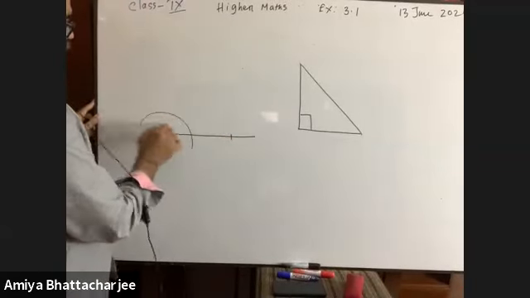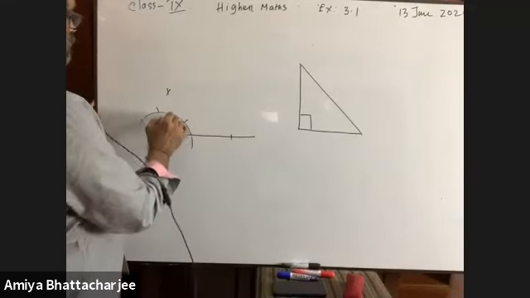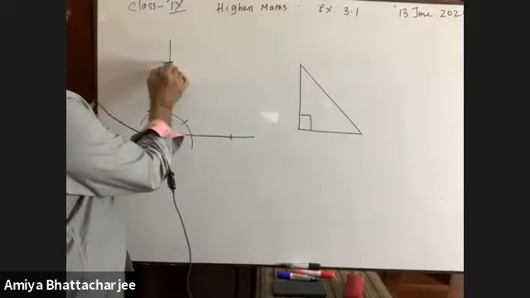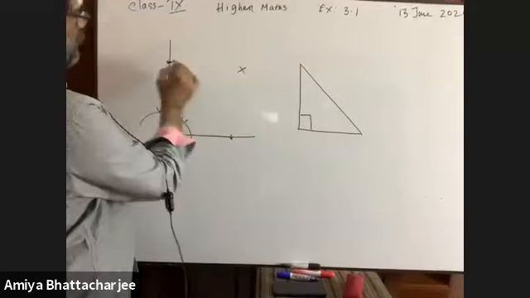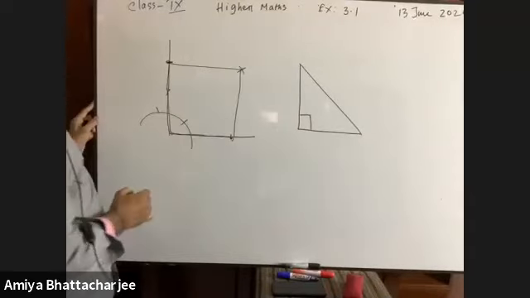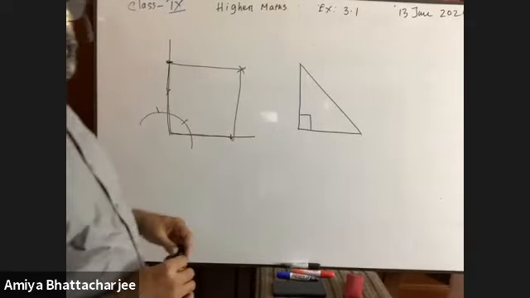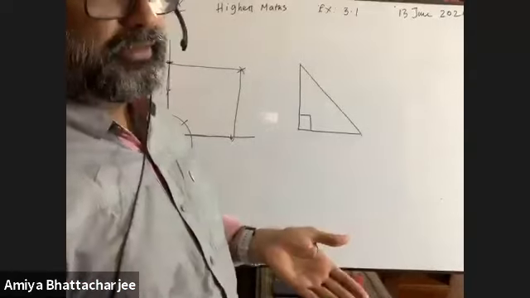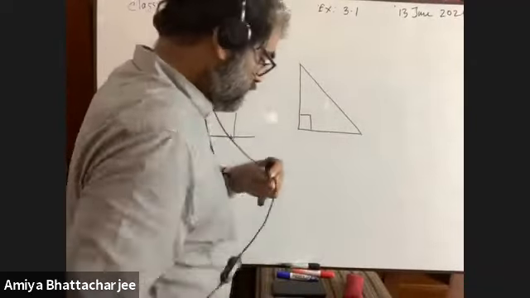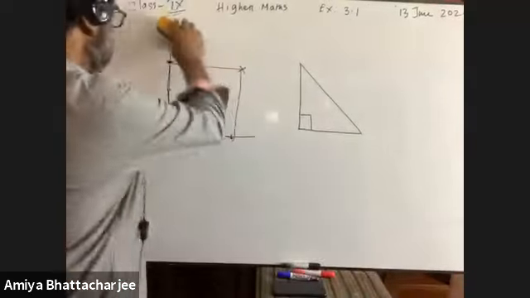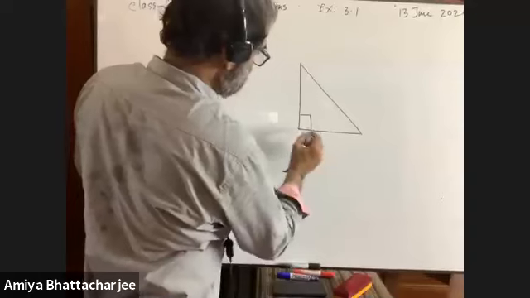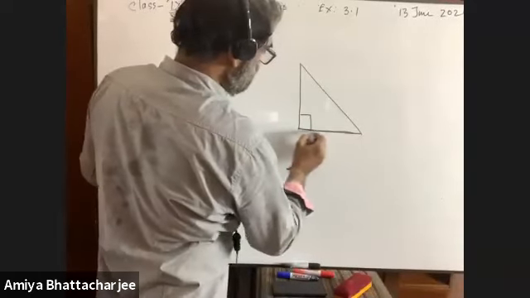What we did there? We have to draw a perpendicular, then it is to be cut. We have to take 2 arcs within this angle. Then a square can be drawn. That is what I want to say to you. If the length of one side of a square is given, then yes, it is possible to draw a square. You see, yes, it is possible to draw a square here. Suppose this is the length of one side, it is perpendicular.